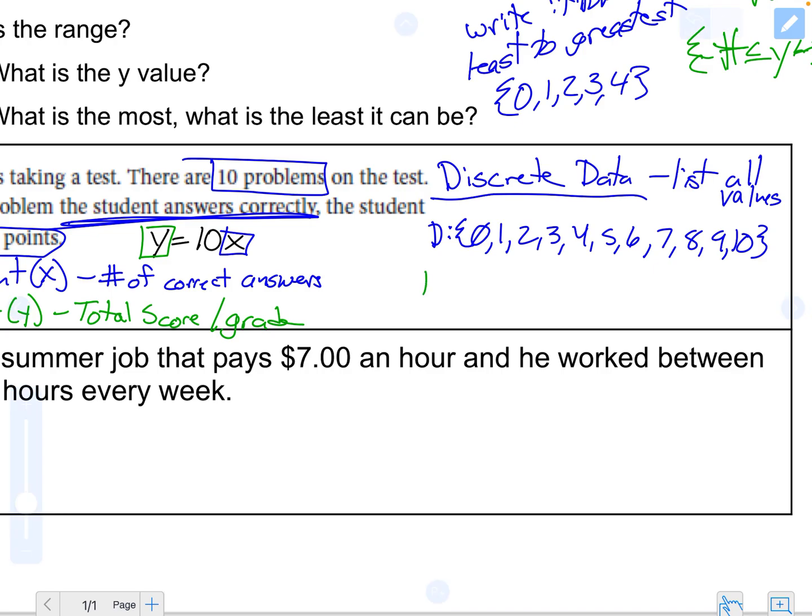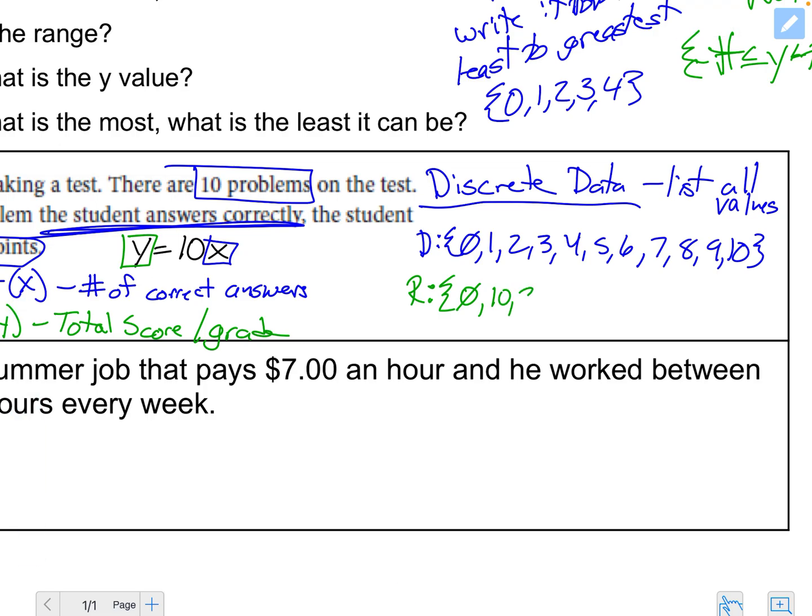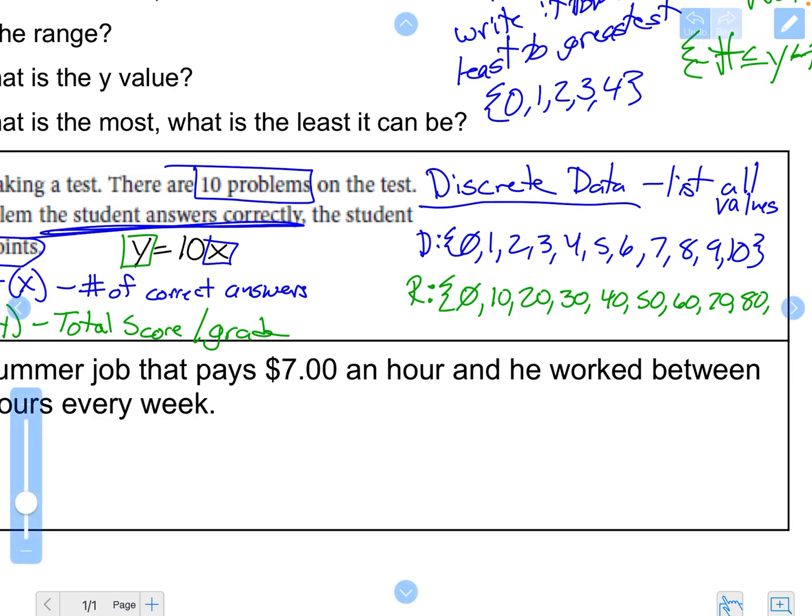So when we're looking at range, what we're looking at is the total score or the total grade. So I'm going to look at the numbers that I just wrote down for domain. If a student gets 0 questions right, I know that 10 times 0 is still 0. If a student gets 1 question right, 10 times 1 is 10. If they get 2 questions right, 2 times 10 is 20. So I'm just going to keep on going down the line and list all the possible total scores of this